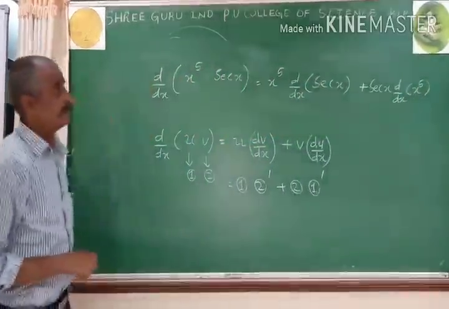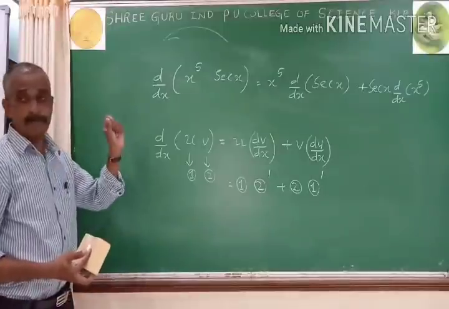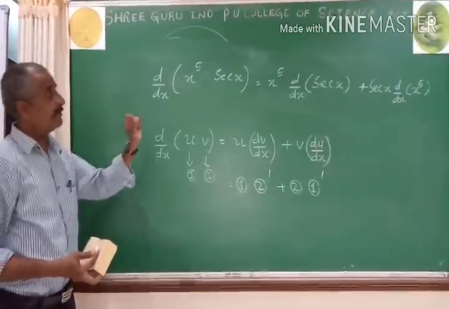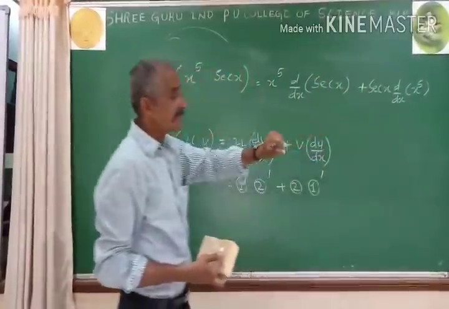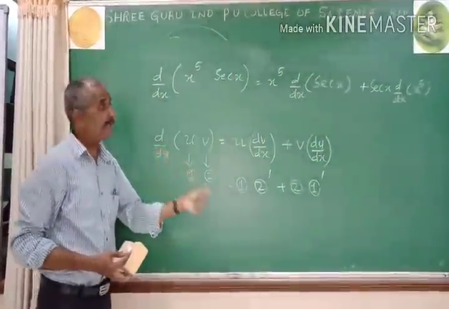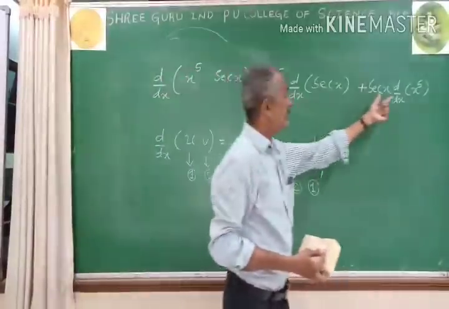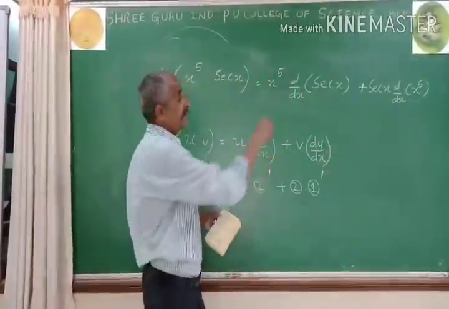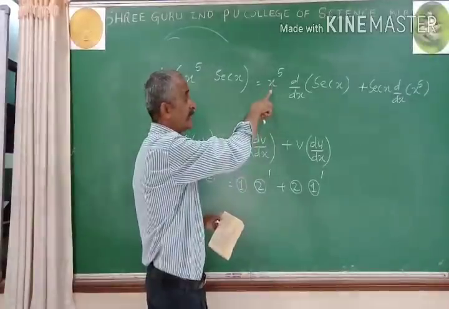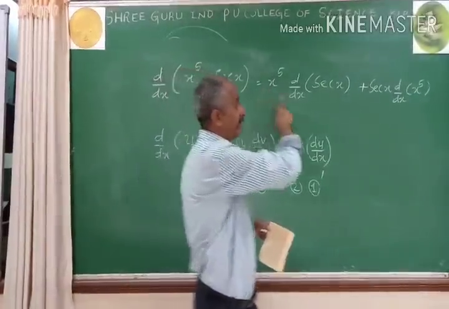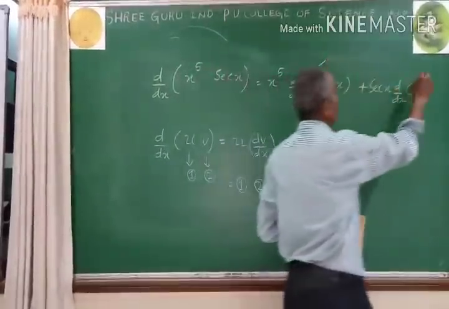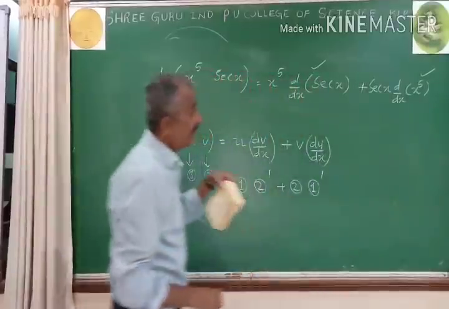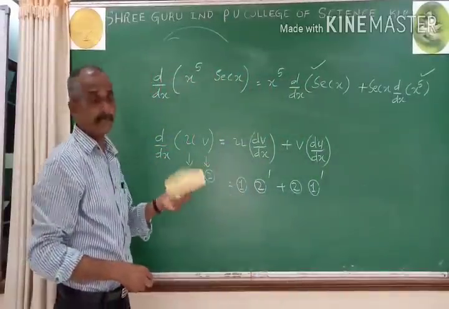And one more thing, keep in mind, don't think that your problem is over. Your problem is not over. We wrote according to the product rule, but we have not written the total answer. Now let's write the concerned term derivative answer. Here the derivative is not concerned, don't write its answer. Here also the derivative is not concerned, but here the derivatives are concerned, so their answers must be written from PUC first year,